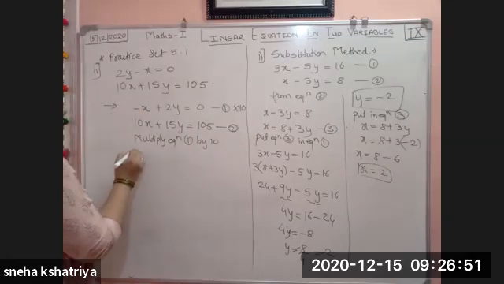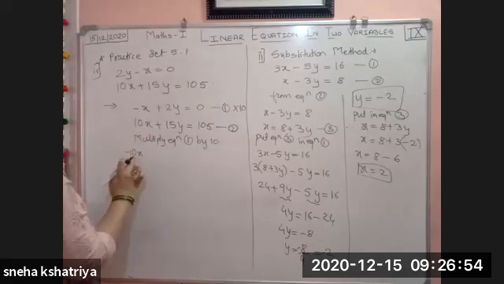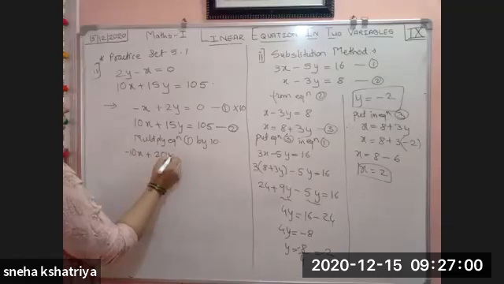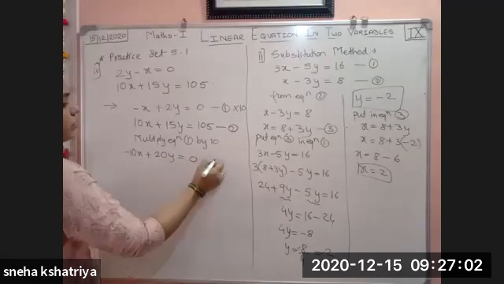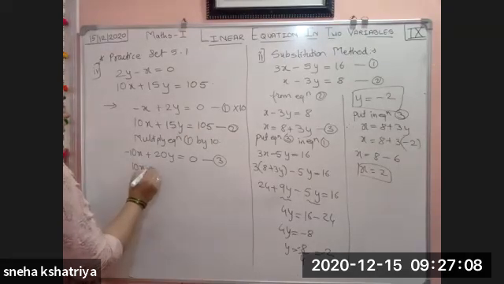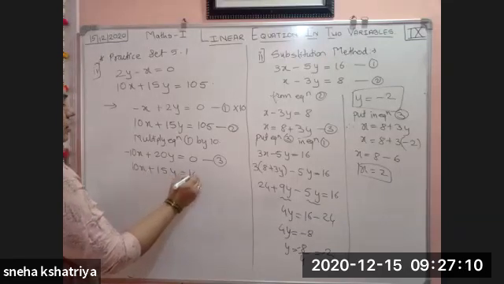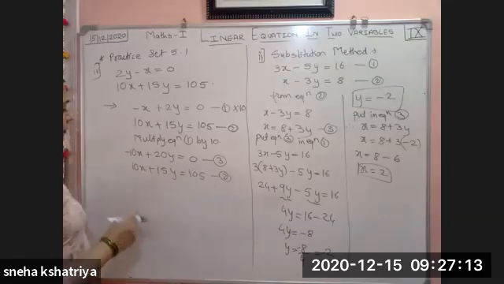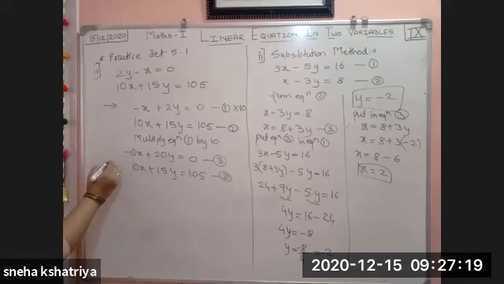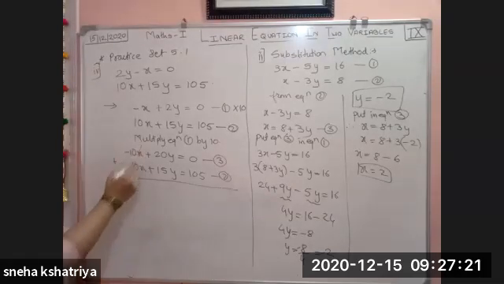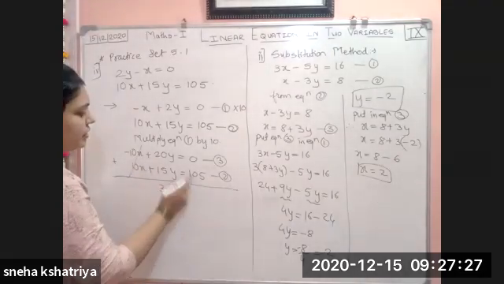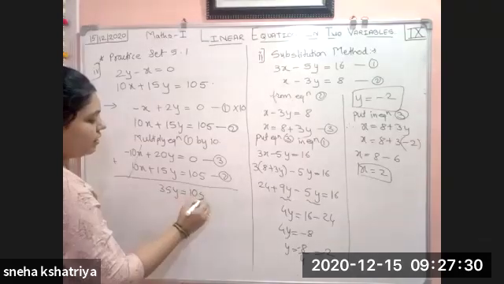If we multiply by 10, we get 10x. 10 into x becomes 10x, minus sign as it is, plus sign as it is, 2 into 10, that is 20y, which is equal to 0 into 10, which is 0. This is equation number 3. And write down equation number 2 as it is, that is 10x plus 15y, which is equal to 105. That is equation number 2. Now see here, same pair 10x, 10x, and we have opposite signs also, plus and minus. So directly by adding, this will cancel. 20 plus 15, this is 35y, which is equal to 0 plus 105, that is 105.